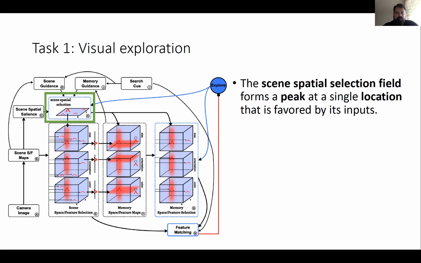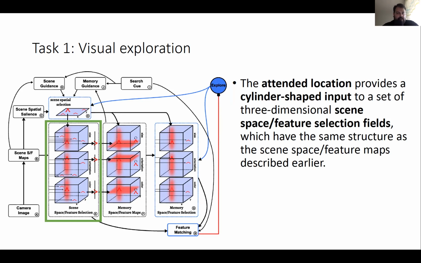As we already know, the scene space selection field forms a peak at a single location that's favored by its inputs. And then this attended location provides cylinder-shaped input to the set of three-dimensional scene space feature selection fields that has the same structure as the scene space feature maps described previously in the feed-forward path. So we see here this cylinder input, and we also have some sub-threshold input from the scene space feature maps, meaning that peaks emerge